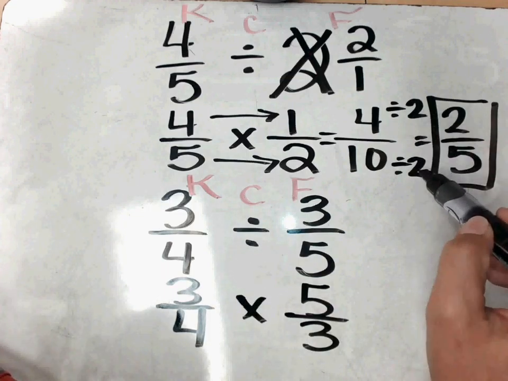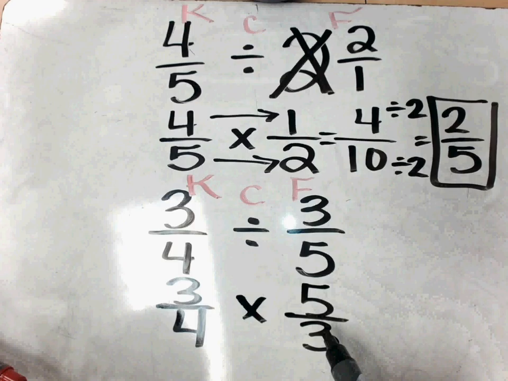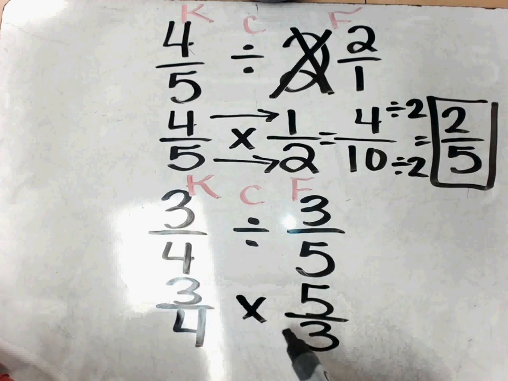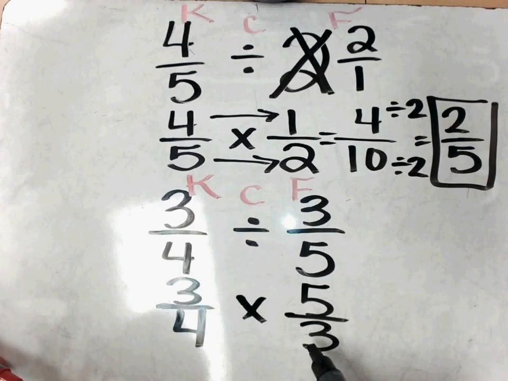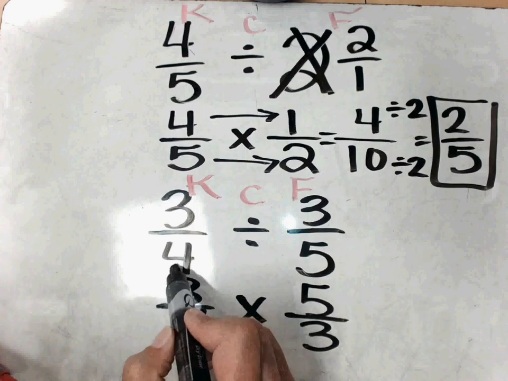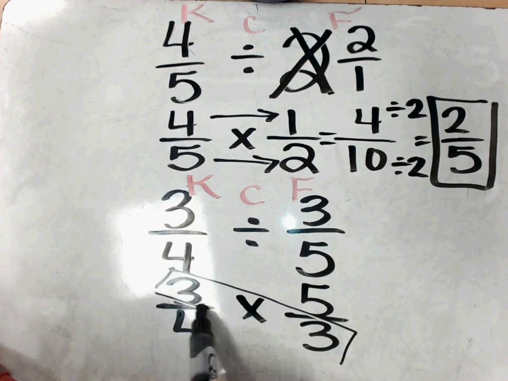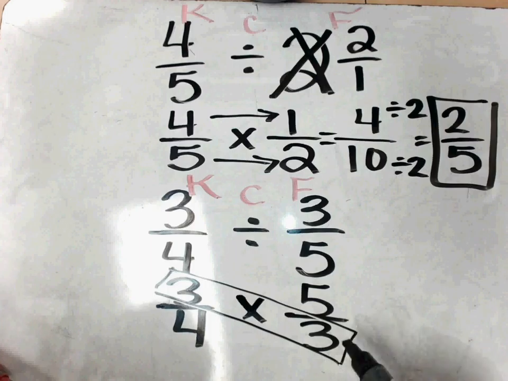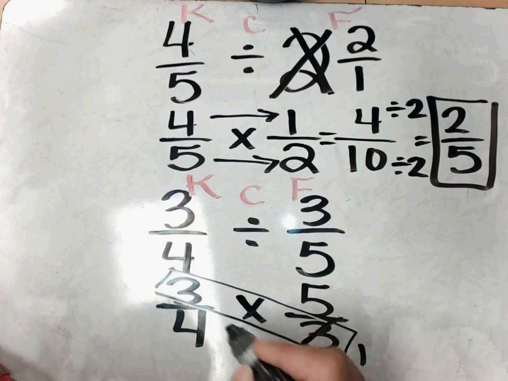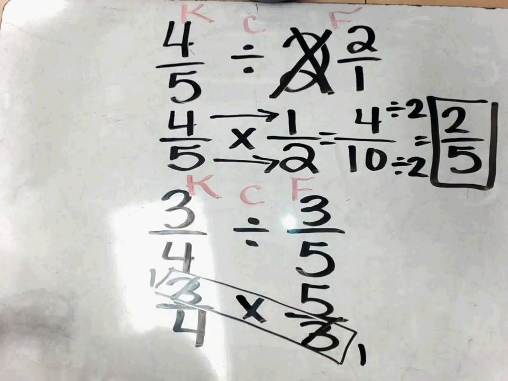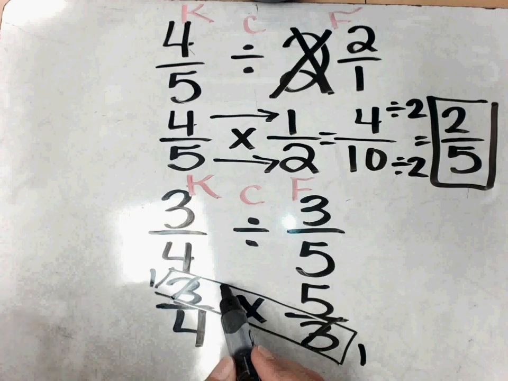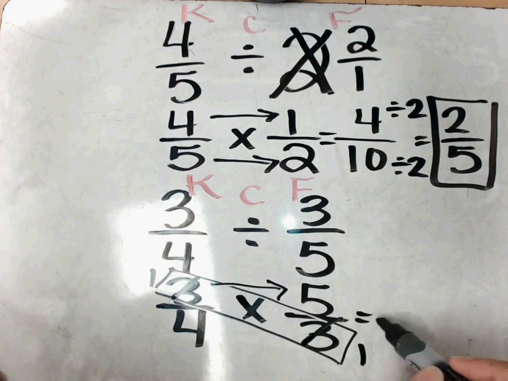Now, instead of simplifying our final answer, remember you can also simplify diagonally whenever you have a multiplication problem. So I'm going to simplify my 3's because anytime you have the same number diagonally, you can simplify it down to 1. 3 goes into 3 one time. Now we can multiply 1 times 5